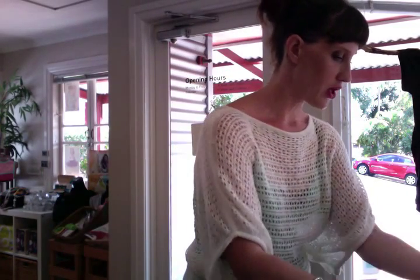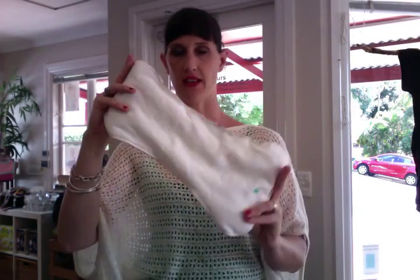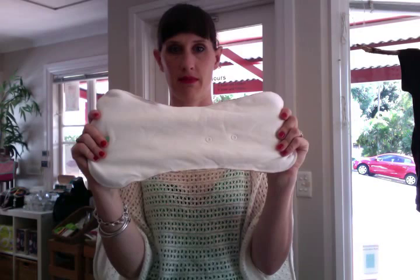In our alternative brand, this is the insert that you get. Now, pocket nappies come with all sorts of different inserts. Sometimes they are just one panel, sometimes they're multiple layers, sometimes they fold into 3. Doesn't really matter. This is a bamboo insert. It sizes, so when you change the size of your pocket nappy, you can easily change how big or small your insert is. It has 6 layers of fabric,